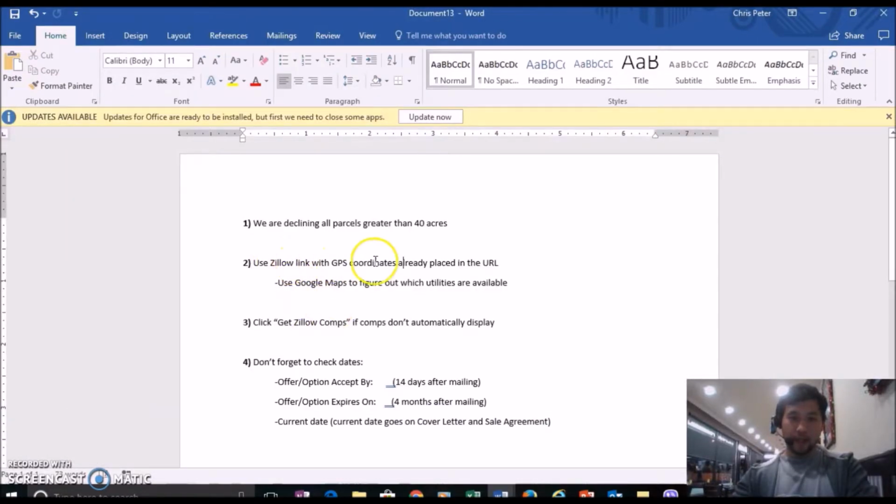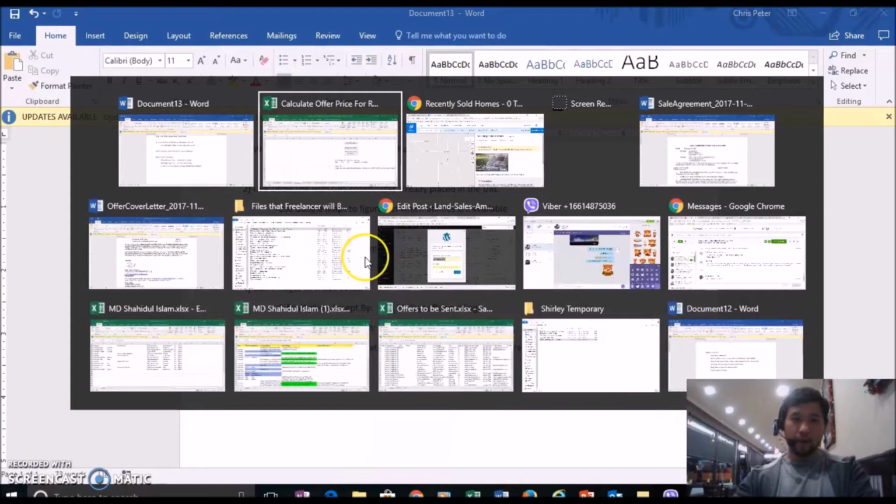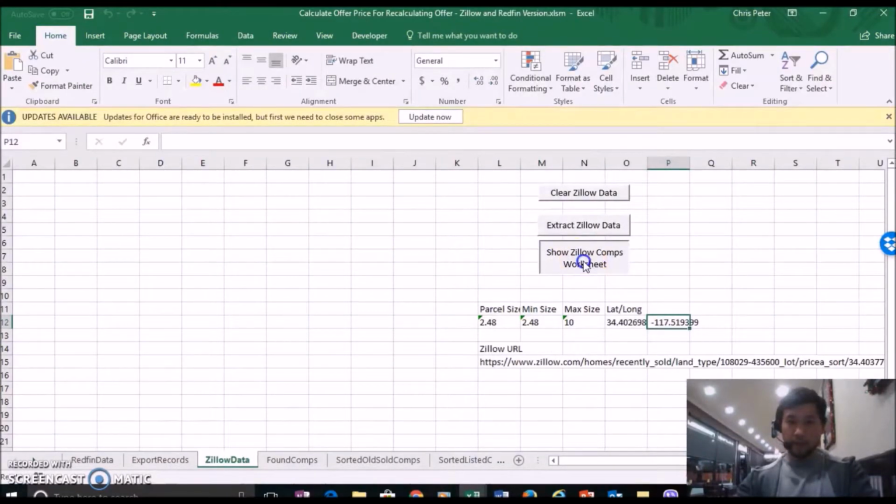That's the second thing. Use Google Maps to figure out which utilities are available. Yes. Click Get Zillow Comps. That's actually a button on this form right here. So if you open this up right here,